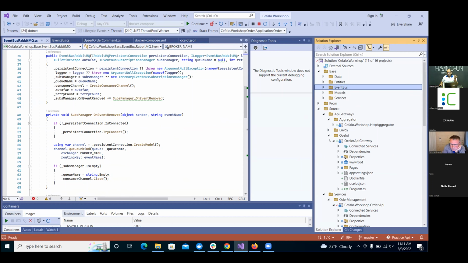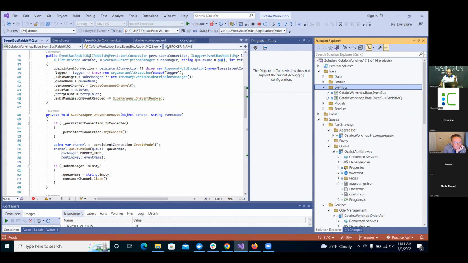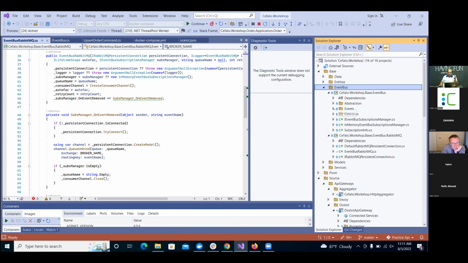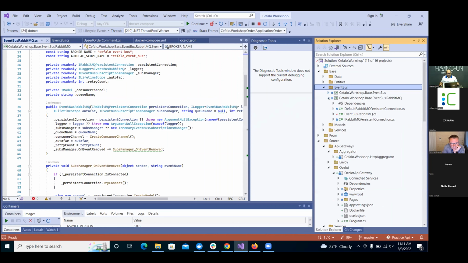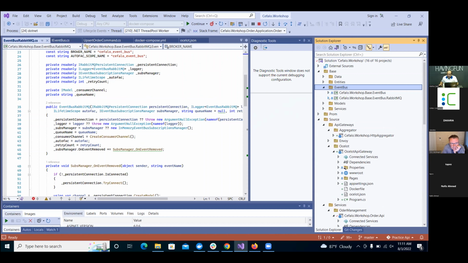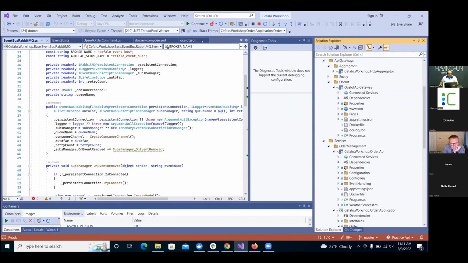Now I could use Azure Service Bus. In that case, I'd use this IEventBus interface and implement another class, like this one that wraps around and encapsulates RabbitMQ, but encapsulating the Azure Event Bus instead. Because I believe a lot of people who use Azure as a cloud service will prefer Azure Event Bus over RabbitMQ. But anyway, let's go back to our